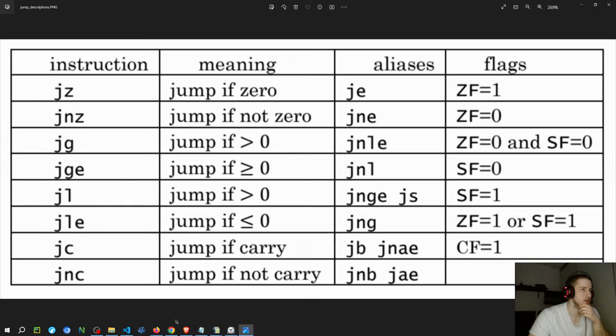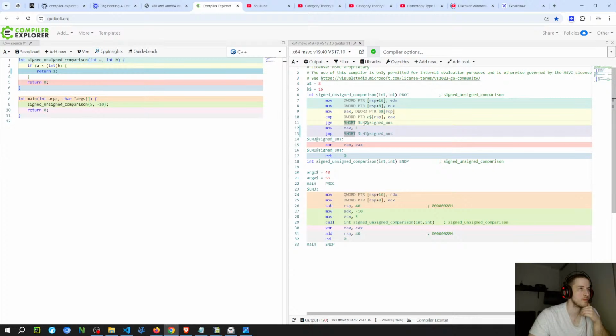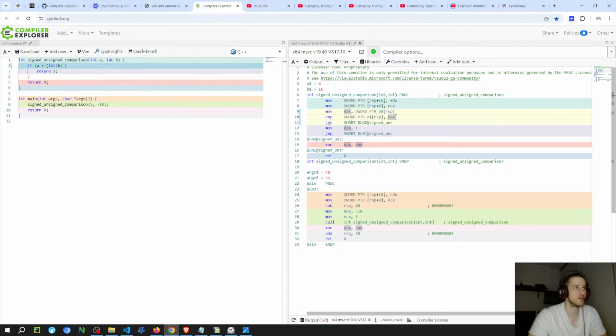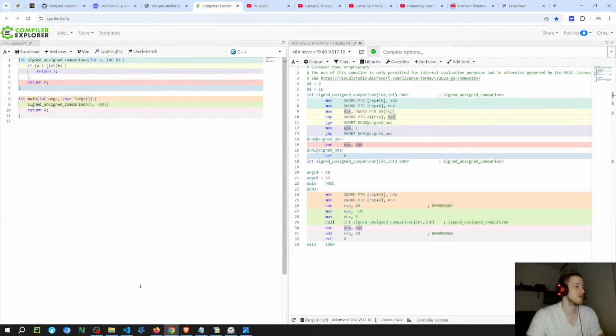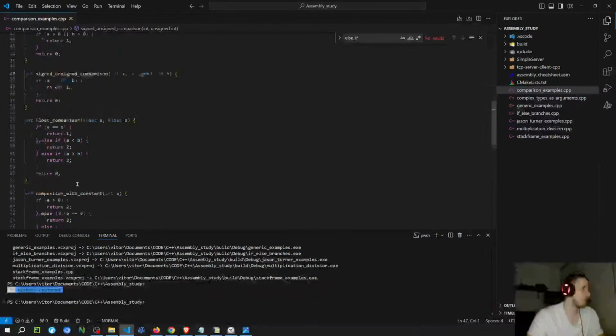So SF equals 0. So this is gonna happen when A is lower than EAX, which is the value of B, I think. Yeah, value of B. So I'm going to the next one.